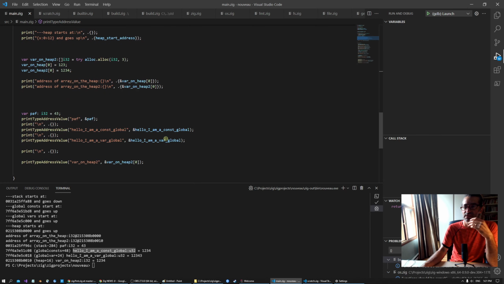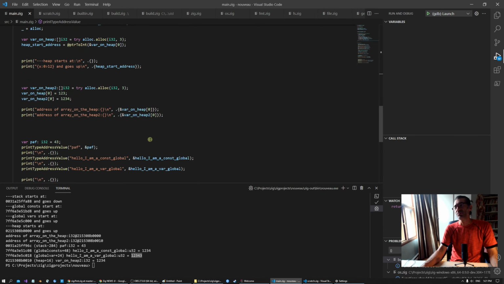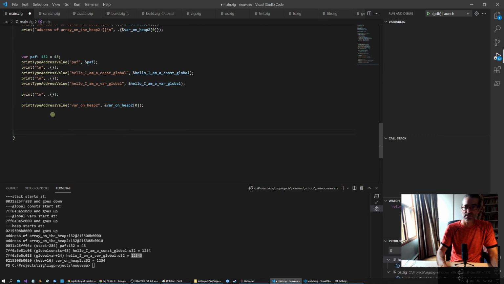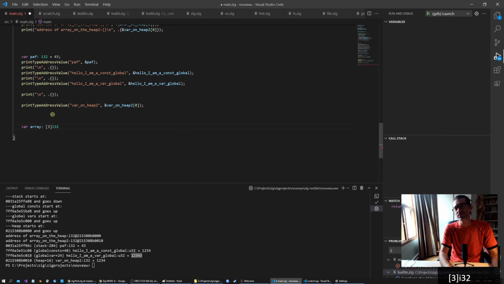And now, this print here is not optimal. One thing that's interesting is arrays. In Zig, arrays are weird. The first thing to understand with arrays is that if you want just a simple array of 3 I32s, you can say undefined and then say that the array